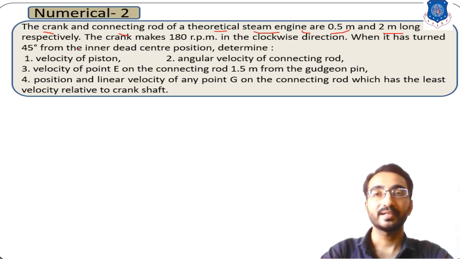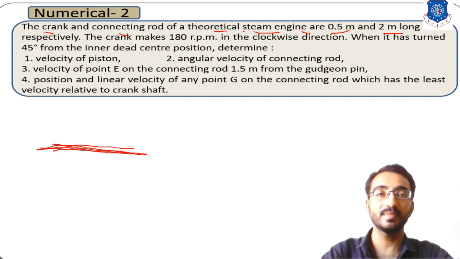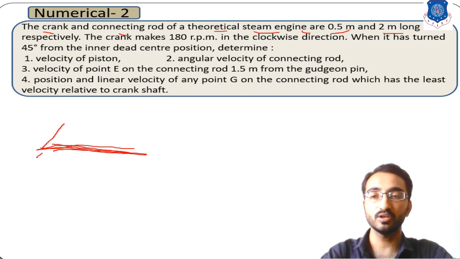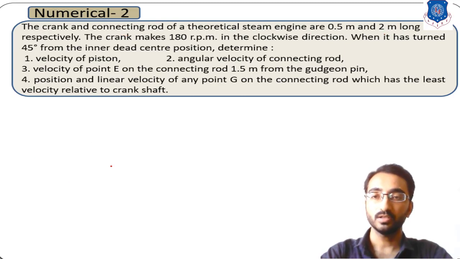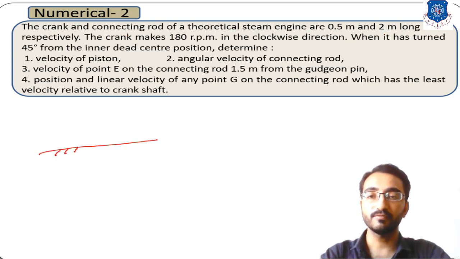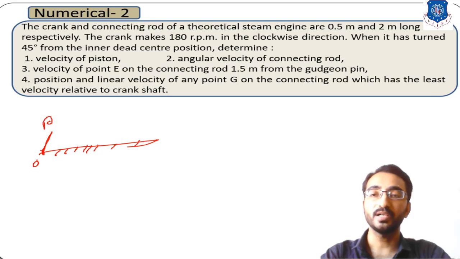Now, first, the crank and connecting rod of a steam engine. This practical application tells us that the mechanism is a crank and connecting rod with a steam engine. In a steam engine, it is a single slider mechanism. If you consider this one as your fixation link, then with reference to this fixation link, the first link is known as the crank. If you consider this one as your point O, then this one is your crank point, that is point B.